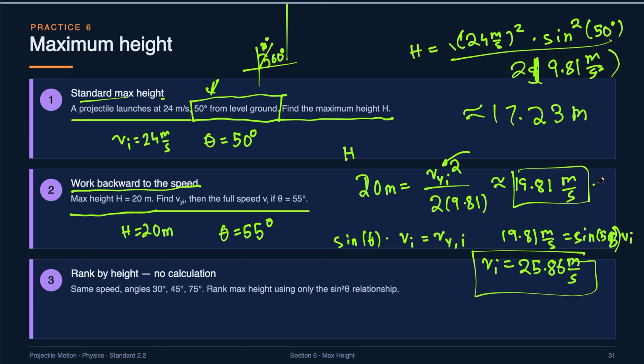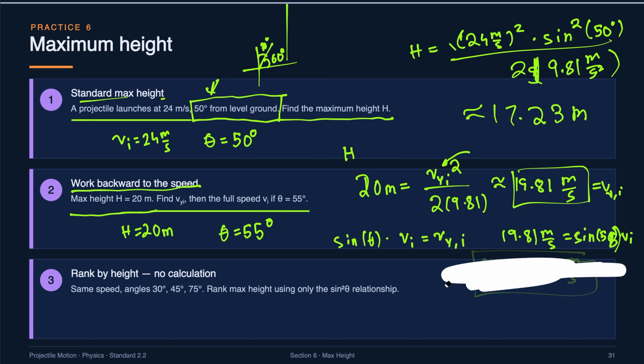This is velocity y initial. So you see how you can use both formulas, velocity y initial squared, and then you can do vi squared times sine squared theta over 2g. In this case, I used the other one, but there's a way to solve it using the vi squared times sine squared theta. So same speed,